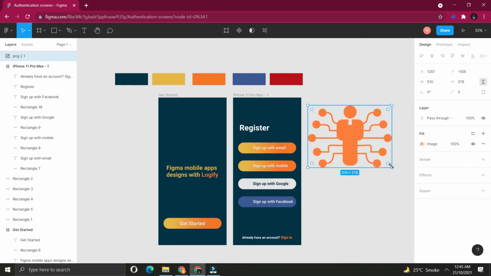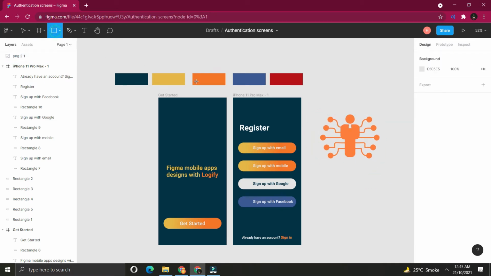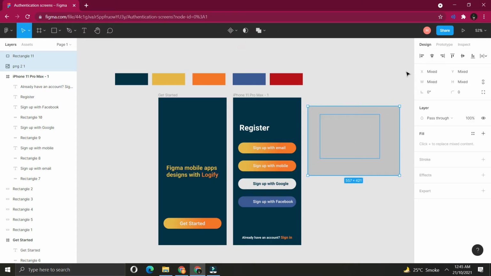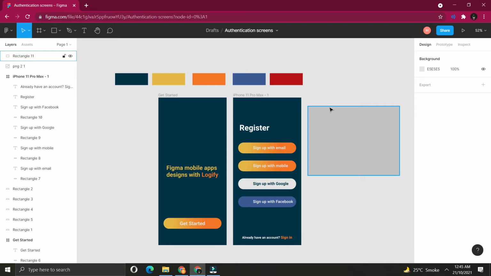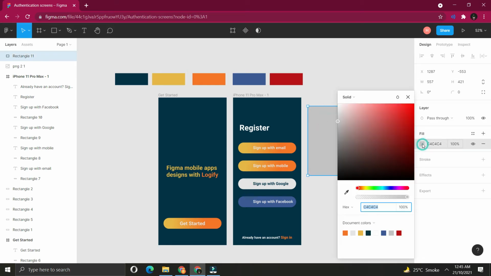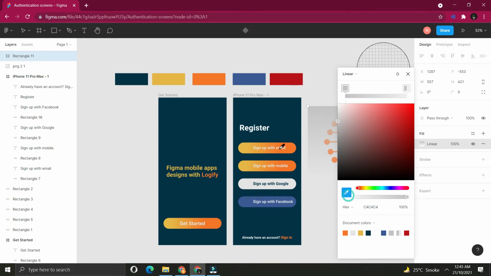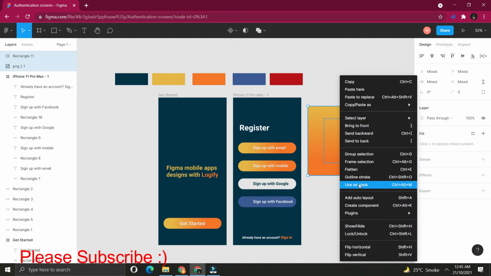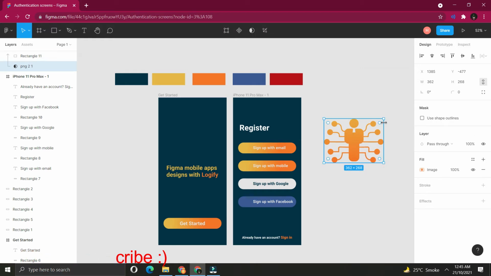This is the logo that we are going to adjust in our frames. First of all, I take the rectangle and align its center. Once I am done, now I will add a gradient color to the rectangle, so the gradient color will be attached to my logo. What I will do, first yellow color and then I will take the orange color. Once I am done, I will adjust some size, some color, right click on it and click on use as mask. You can see the gradient color has been applied to our logo.